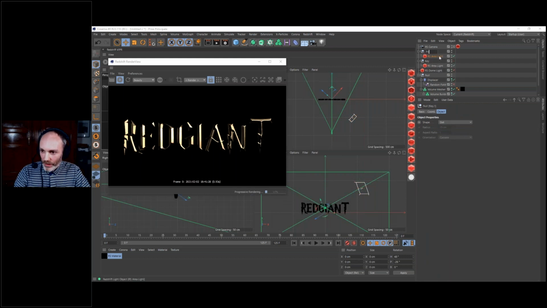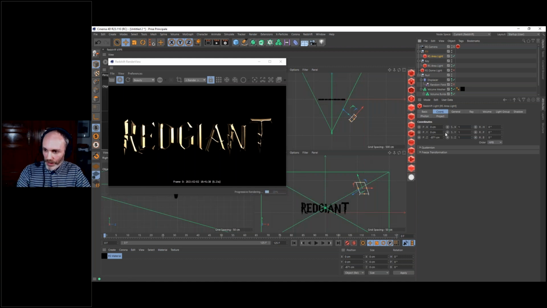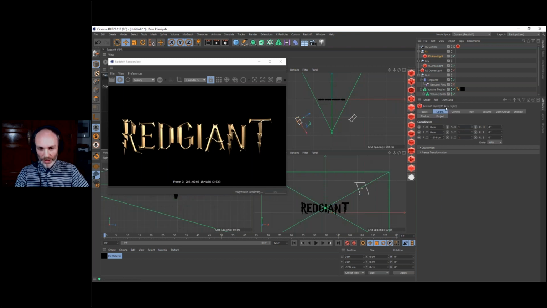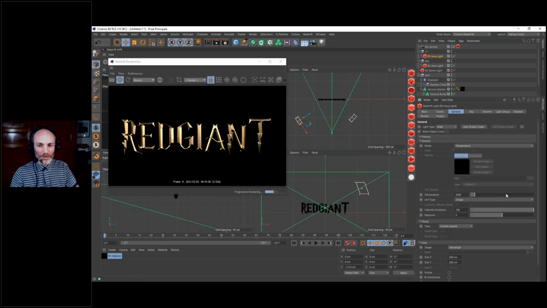The fill light will be further away, so I'm going to the coordinates of the fill light, which is this one, and I'm going to put it further away. Then I'm clicking on the null object, and let's go to the other side. On my light, I'm going here to General, and change the temperature to something cool. Okay, so now there's no mistake. The blue light comes from the fill light, and the red, warm light comes from the other.